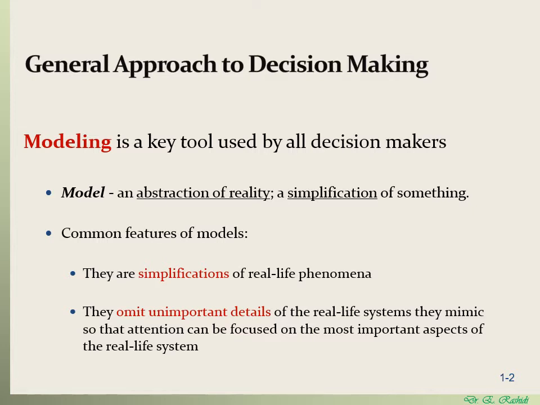All models omit unimportant details of the system that they want to mimic, so that the purpose of this is to focus the attention on the most important aspects of the system. So in this process of simplifying, or omitting the unimportant details,